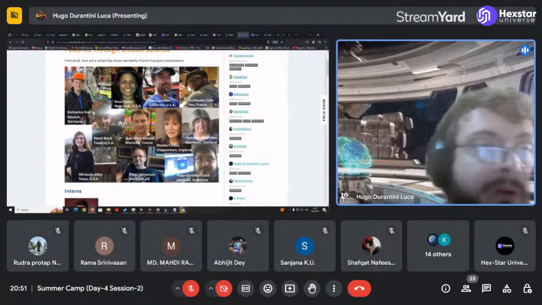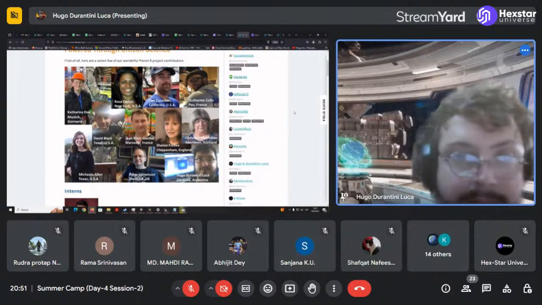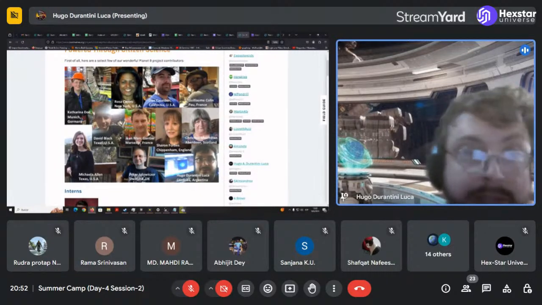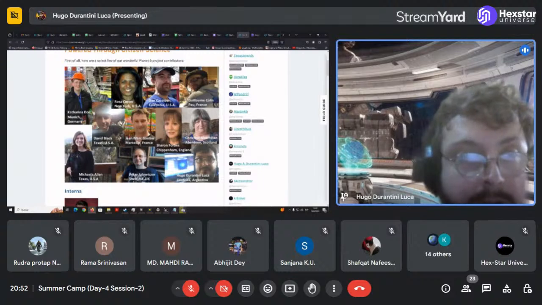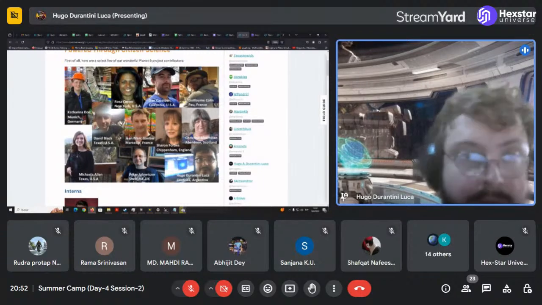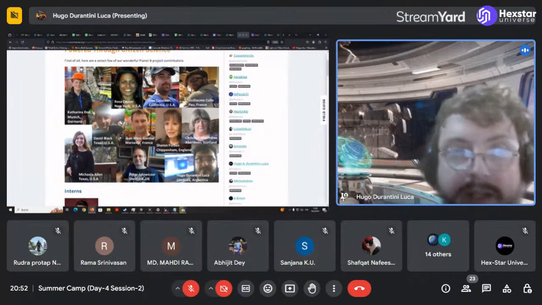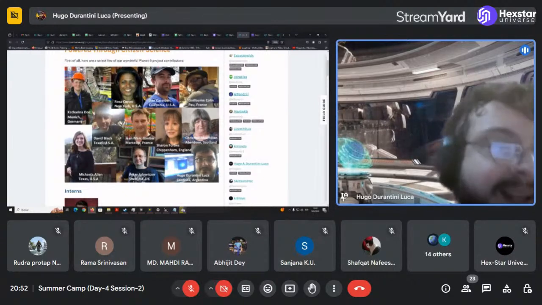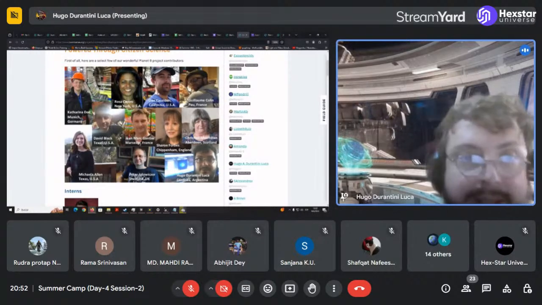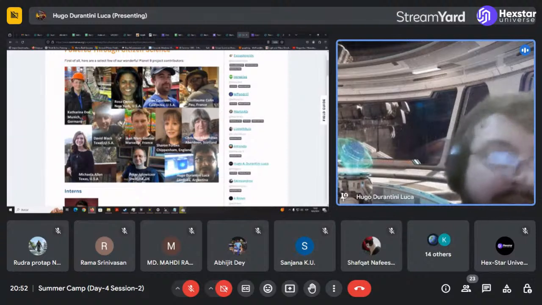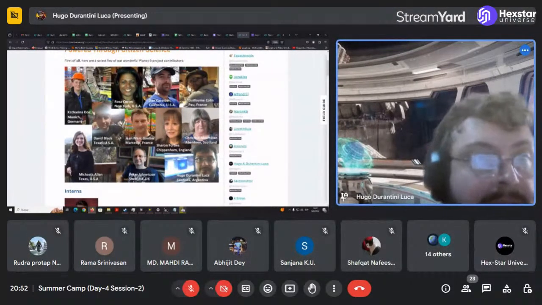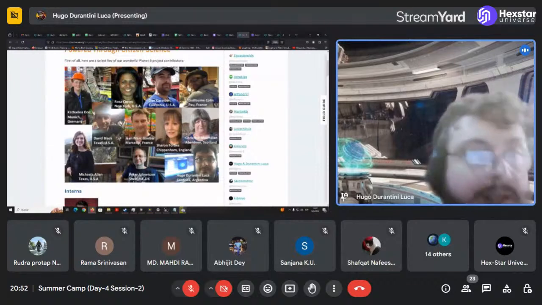Dan, for example, started as a super user and ended up developing a tool that is now recognized by the astronomical community called the WiseView tool. He just created that originally to help the group process the data, and now it ended up becoming an official tool supported by the Natural Science Museum of the US.